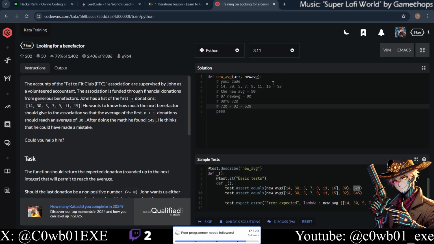Good. See, it helps to just walk it out one by one. So in Python, we'll say n, as in the number of donations, equals r dot size. It's probably length of r. So we have the length, and then we can do